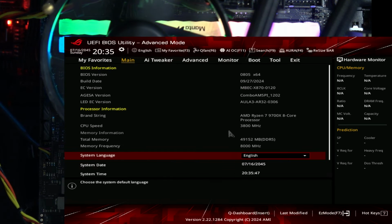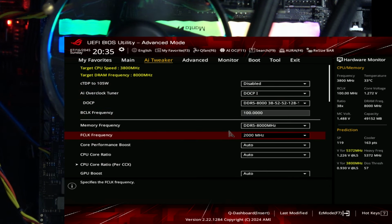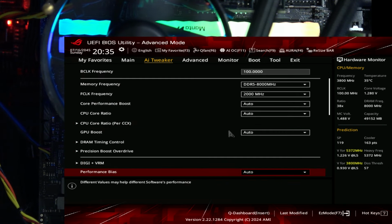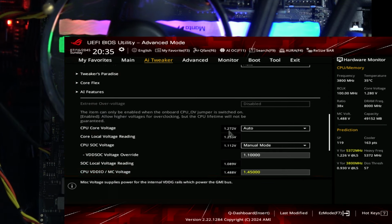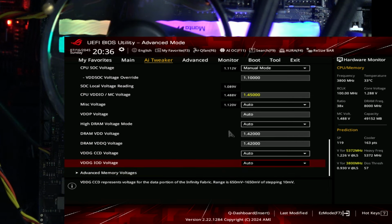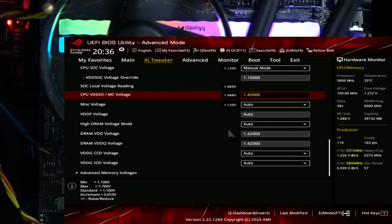So yeah, RAM overclocking is consistent and predictable and not just random. Anyway,